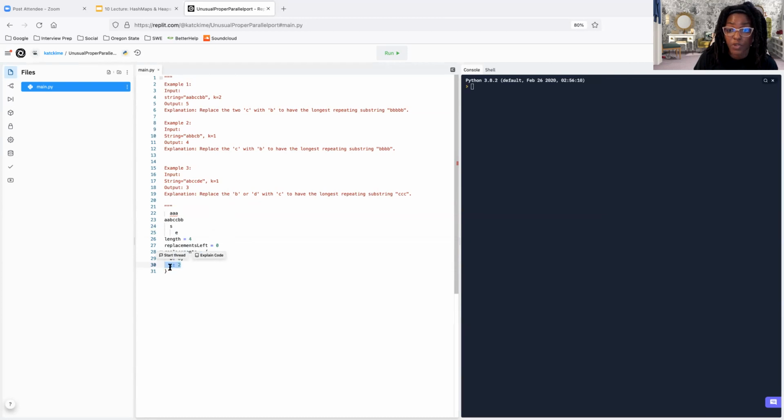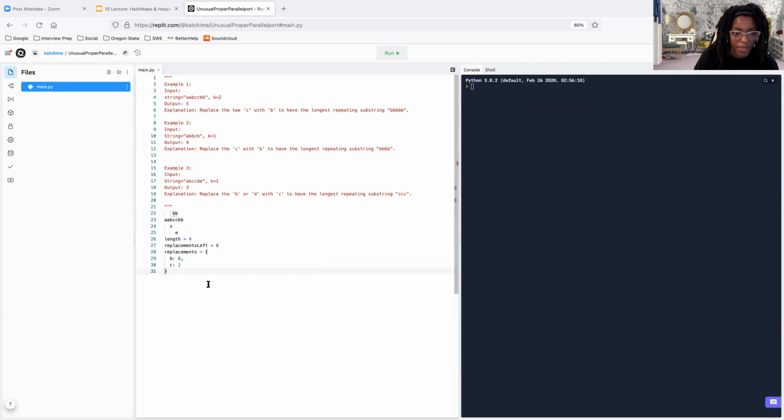And C has 2 replacements because C doesn't equal B. So even though it took 2 replacements to switch C to A, it's also going to take 2 replacements to switch C to B. If it didn't take 2 replacements, then that would mean that C was B, and then we would have cleared that out. So now instead of A, now we have B, B,